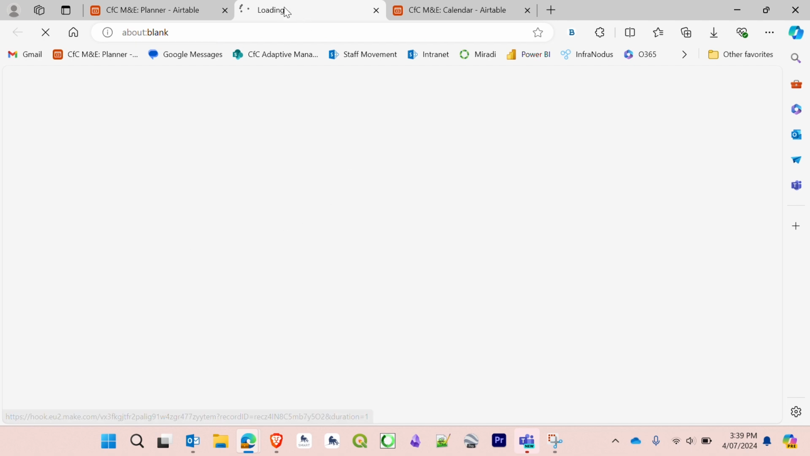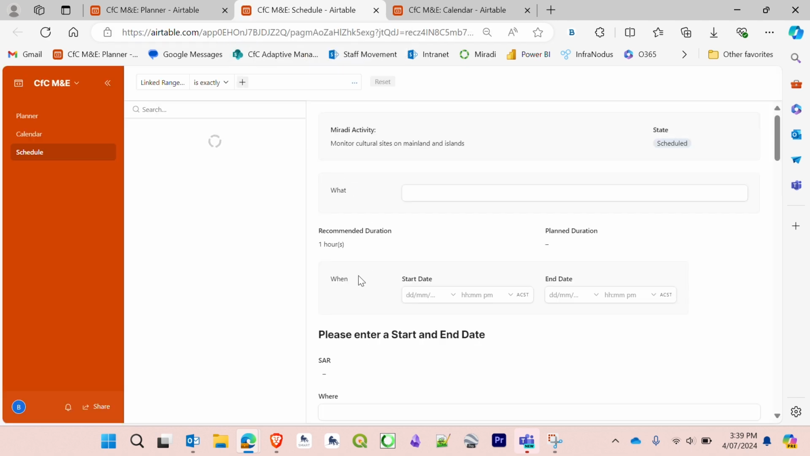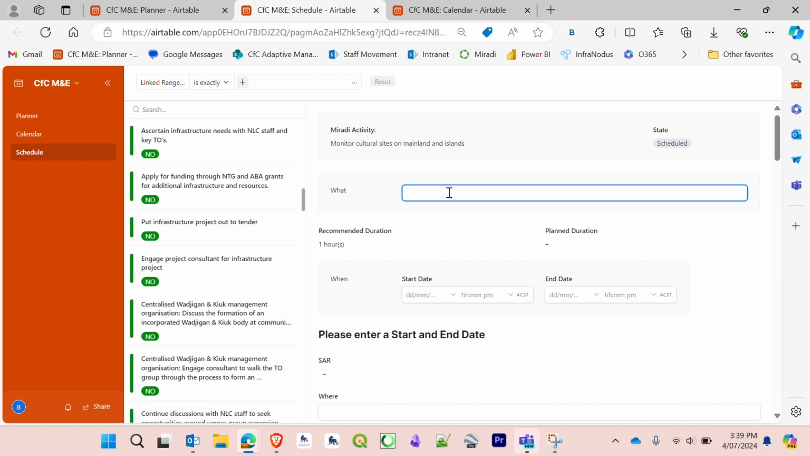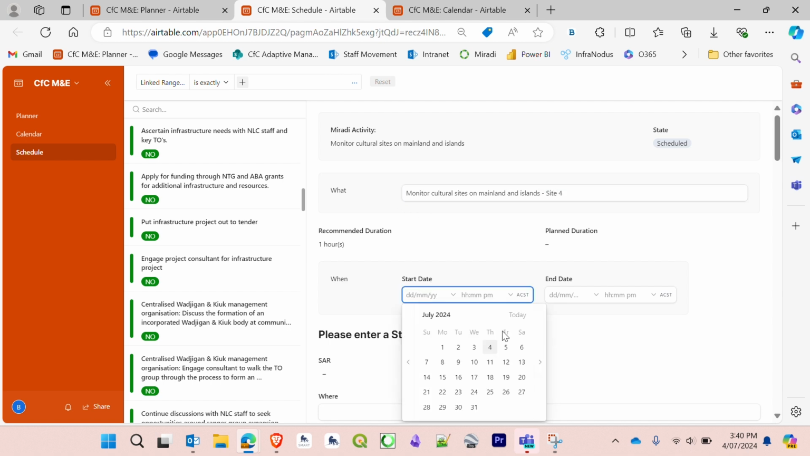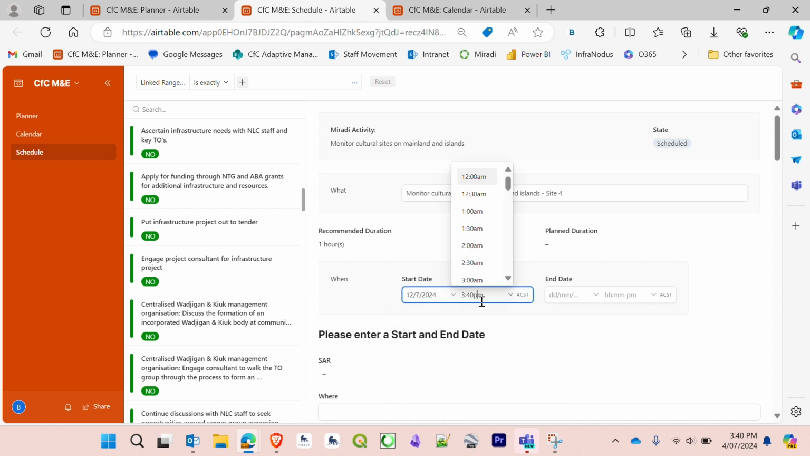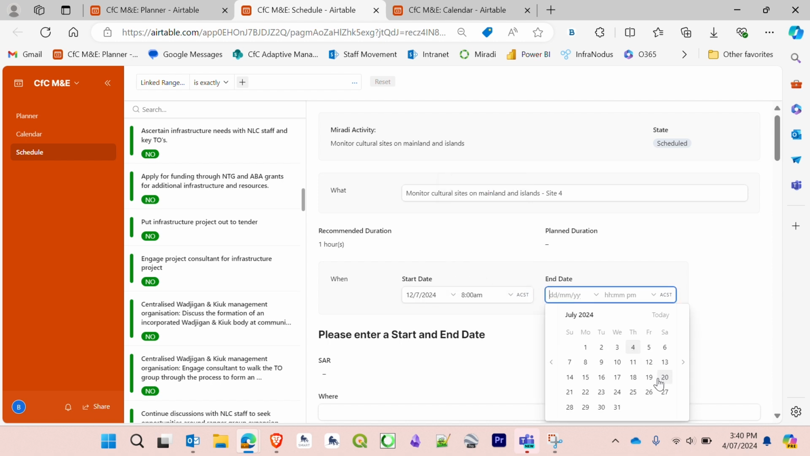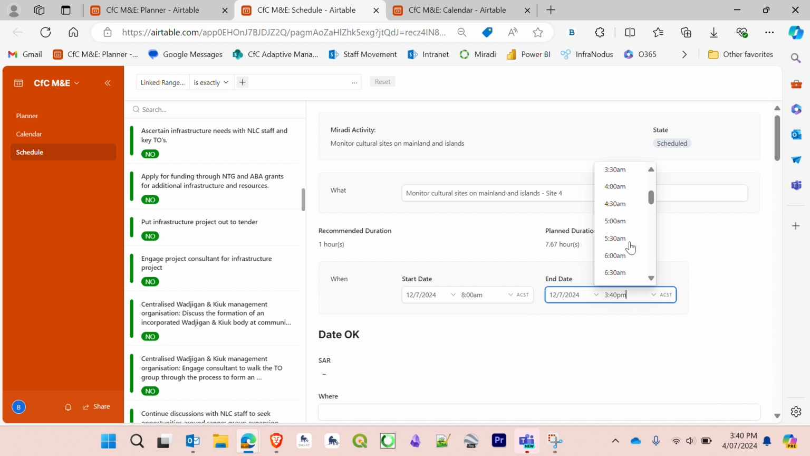Again, it's opening a new tab, which is great. And I'm going to do the same thing, but this time it's going to be on site number 4. So I can copy this again if I need to. And site number 4, it will be on Friday the 12th, starting in the morning, but this one is not too far away, so we finish at lunchtime,